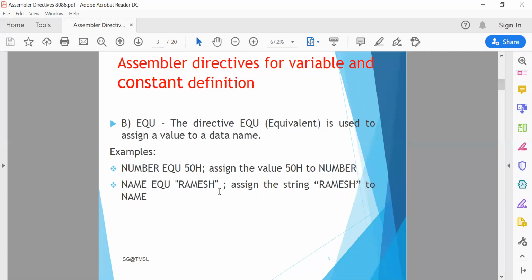Now while assembling, whenever the assembler comes across this label, it substitutes the numerical value for that label and finds out the equivalent code. Using this equate directive, even an instruction mnemonic can be assigned with a label, which can then be used in your program in place of the mnemonics. Another example is a numerical constant which appears in a program 10 times. If that constant is to be changed at a later time, one will have to make the correction 10 times. This may lead to human errors because it is possible that the programmer may miss one of those corrections.